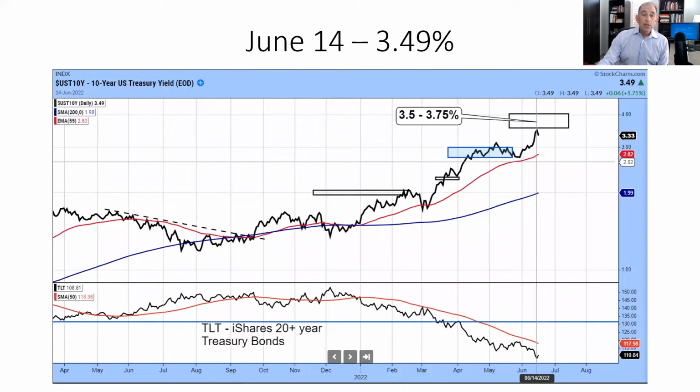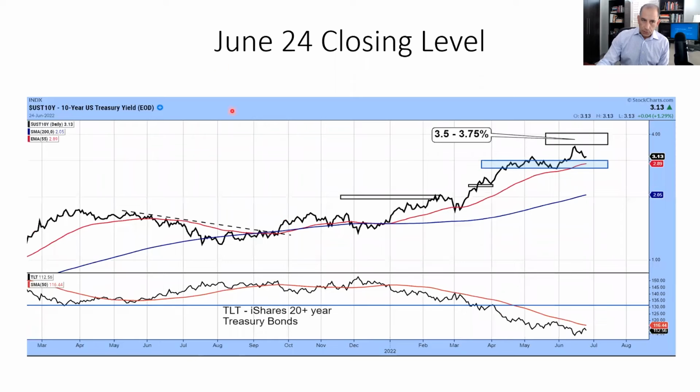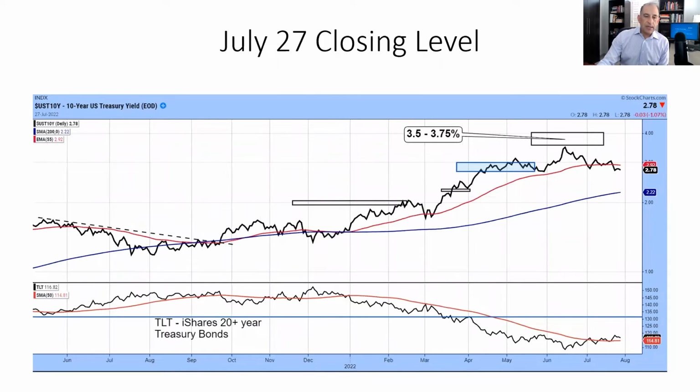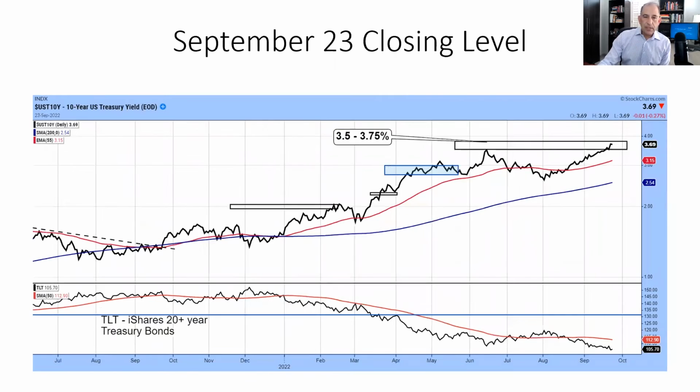Treasury rate. June 14th, we got really close, around 349 or so, as you can see, and it backed off. June 24th, you can see the rollover getting back to the previous levels. The 27th was starting to just migrate and meander on a sideways trend. And obviously, here we are today.